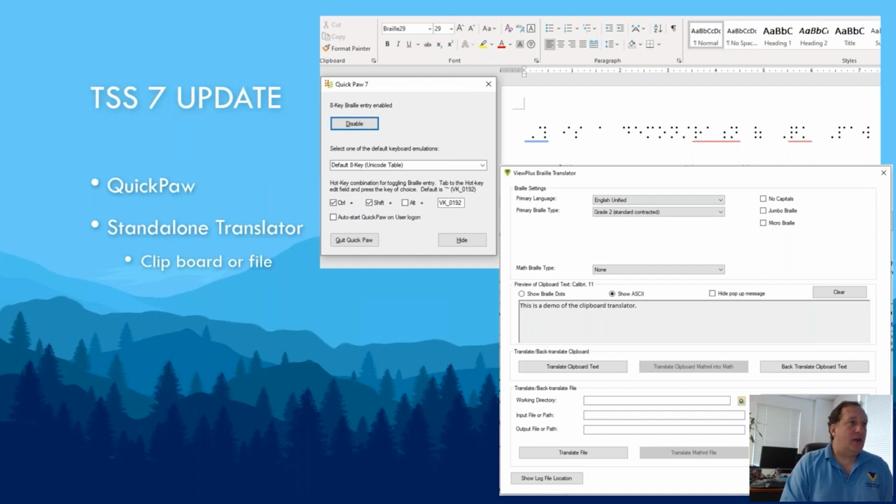The other big thing, we completely rewrote the standalone translator. So it will run if you don't have MS Office installed. And before it was just a text to Braille clipboard translator. It still has a clipboard translator. The big new feature is that it supports back translate now. So you can, and it also supports standalone file,